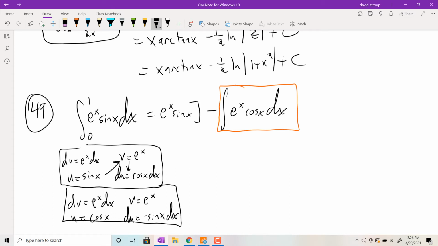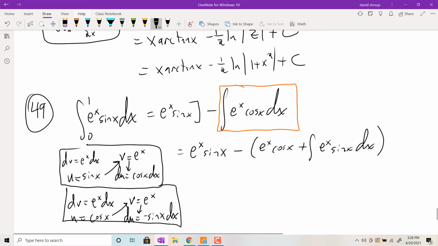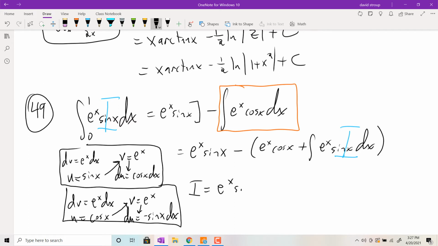There's a negative in there, be careful. You have to remember our derivatives. So we'll have e to the x sine x minus e to the x cosine x minus, which will become plus because of that negative, plus e to the x sine x dx. And we're back sort of to where we started. Okay. So what we're going to do then is to call this integral I, and then this guy over here will also be integral I. And we could rewrite it as I equals e to the x sine x minus e to the x cosine x